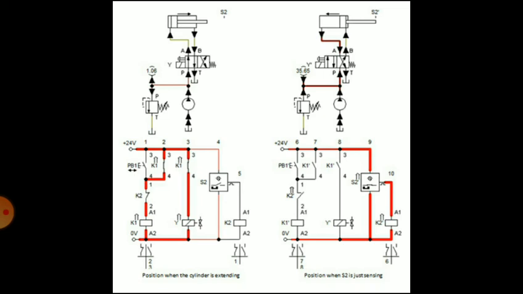So when the push button switch is switched on, it will activate K1, which will activate relay switch K1.